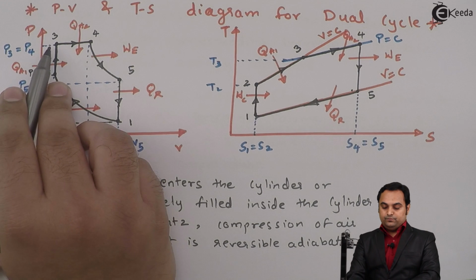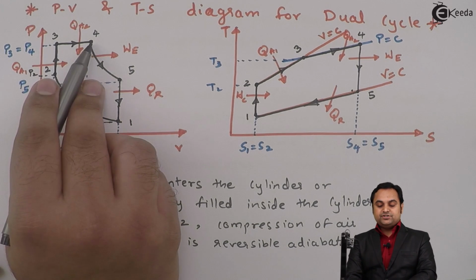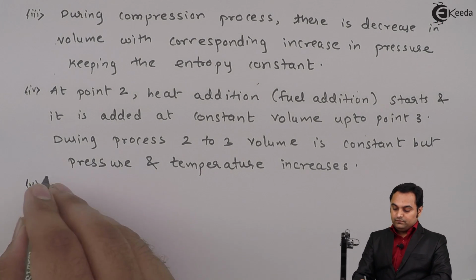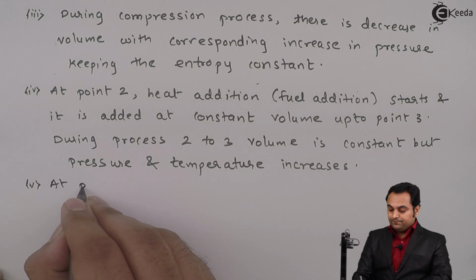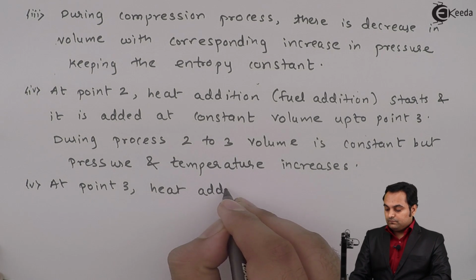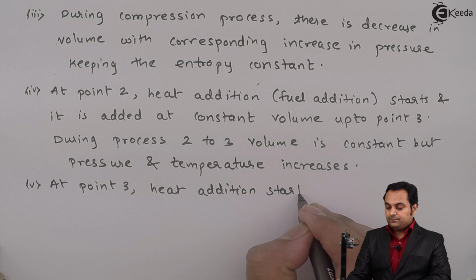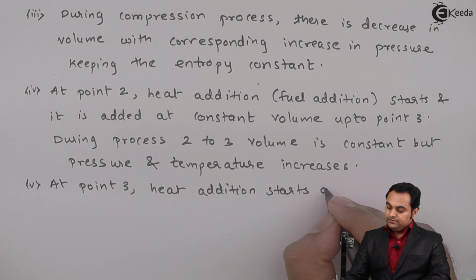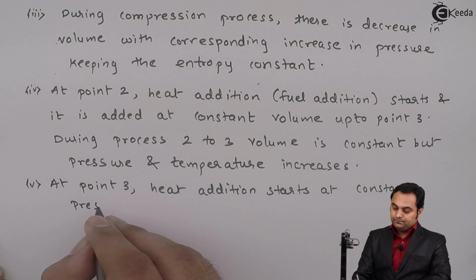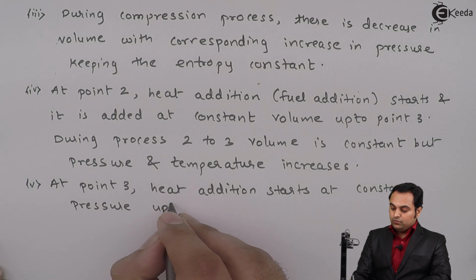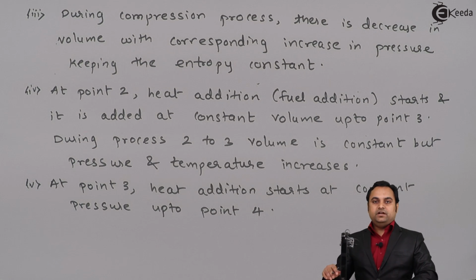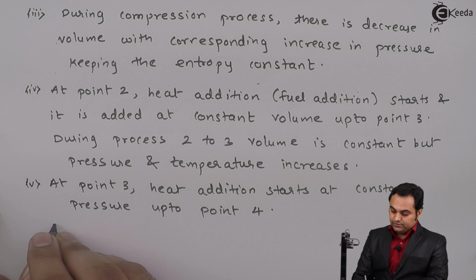Next, after process 2 to 3, here we have constant pressure heat addition, which is the second heat addition. So I'll say that now at point 3, heat addition starts at constant pressure up to point 4. So heat addition starts at constant pressure, then during